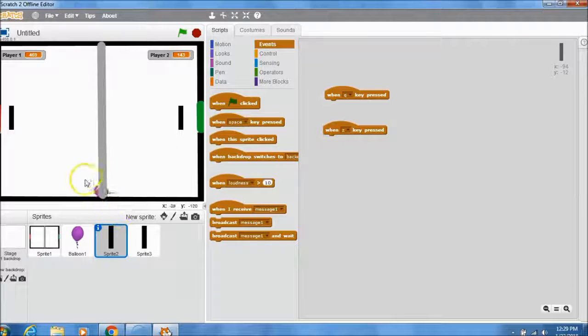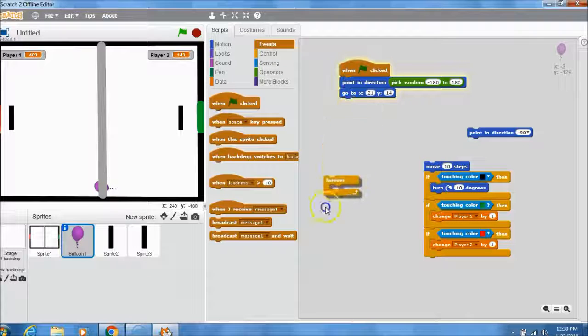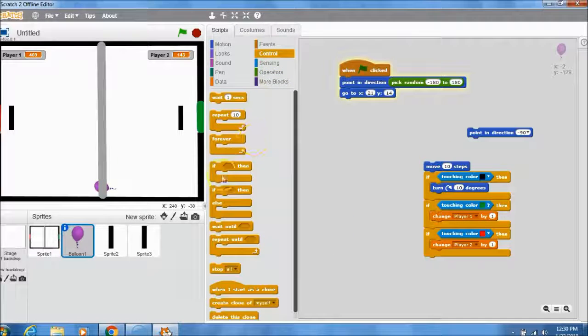Now, this is a problem. This is a bug that needs to be worked out. Alright, we've got to keep track of what code is going to what sprite. But you can see. And we should also make it so that this stuff doesn't continue forever. No, I don't like that. Instead of that, perhaps it will go until, repeat until